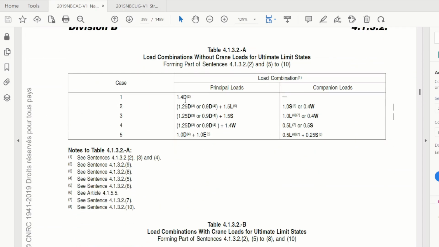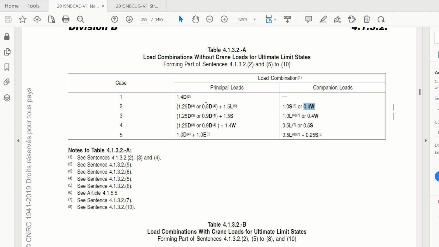see? So in the load combination, we have the principal loads and the companion loads. So 1.4 dead load, that's a principal load. And then the second case would be 1.25 dead load or 0.9 dead load, and then 1.5 live load. And then the companion load is either 1.0 snow load or 0.4 wind load. So there is no roof live load